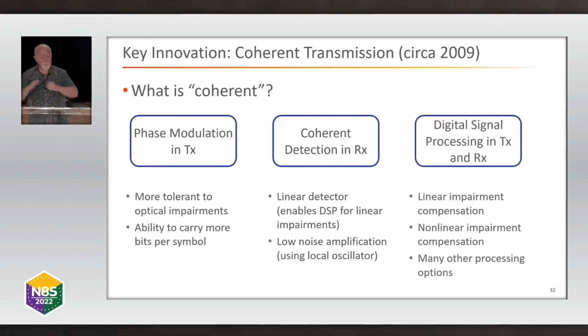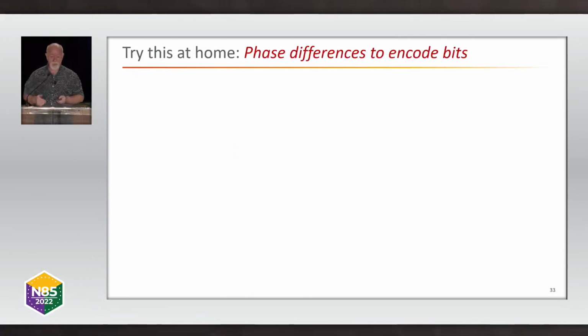And finally, we have this magical digital signal processing. Initially, it was only in the receiver, but in the last few generations of coherent, it's been in the transmitter and the receiver. And we can compensate for linear impairments. We can compensate to some extent for non-linear impairments. That's a bit harder. It's very computationally intensive, but we can do a little bit of nonlinear processing and lots of other processing options. In fact, I'd like to give you an example you could do at home of how